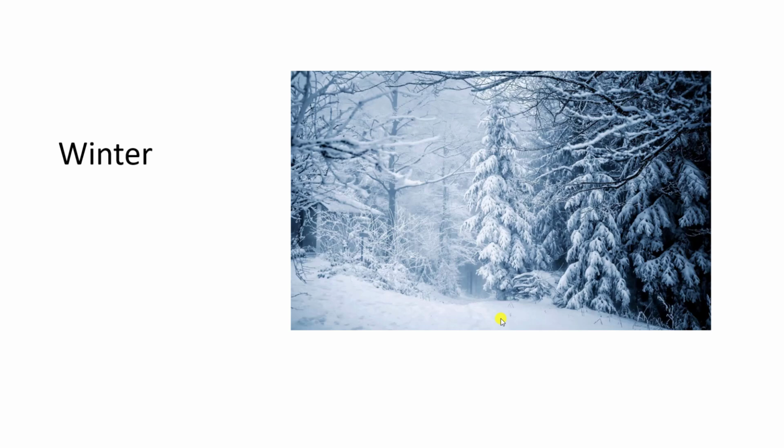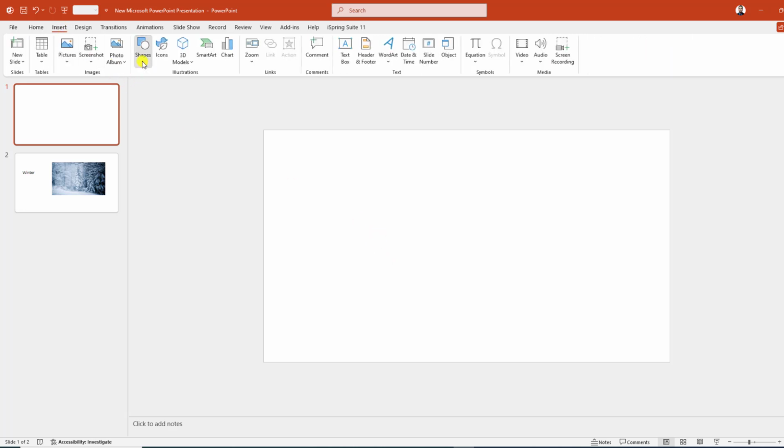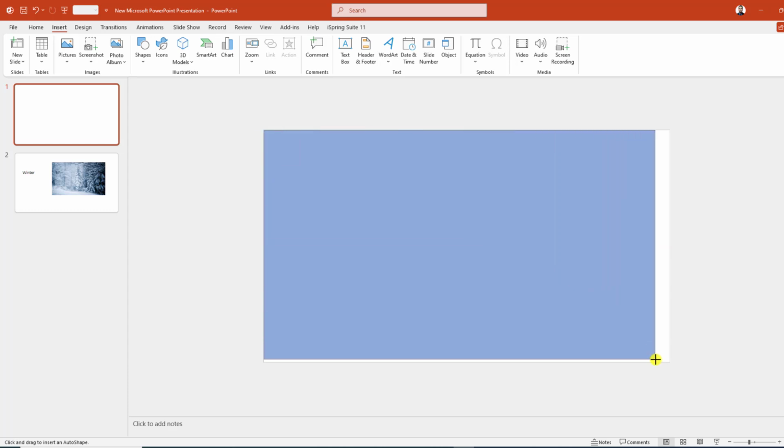Don't make boring PowerPoint slide like this. We are going to make it more attractive. So let's get started. I have already inserted a blank new slide. Go to Insert, go to Shape, pick a rectangle shape and drag it over here and make sure it covers